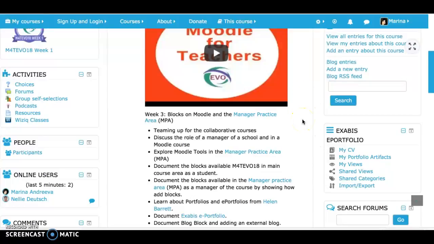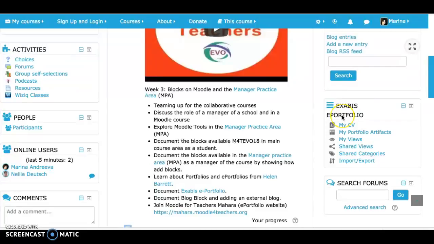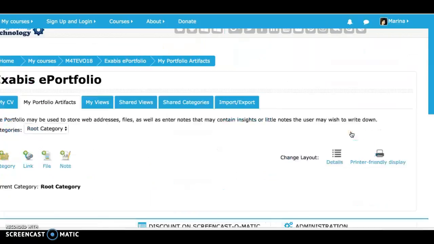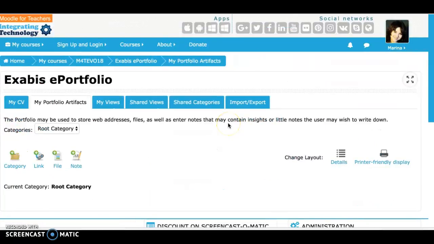You can locate the blog devoted to Exabis ePortfolio here in the right part of the page. And today I'm going to add some portfolio artifacts, so I need to enter my portfolio artifacts here. According to the assignment, I'm going to add a link and upload a file. Well, let's add a link first. I'm clicking on the link,